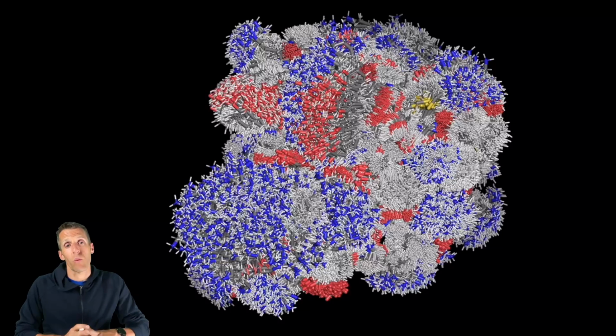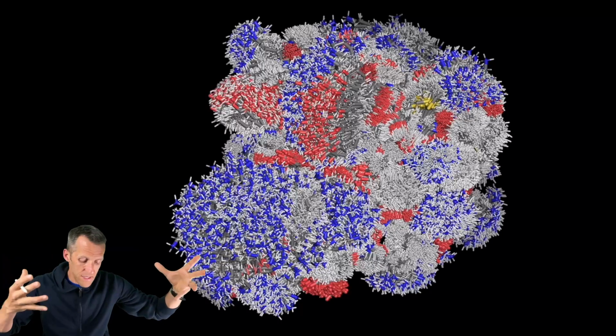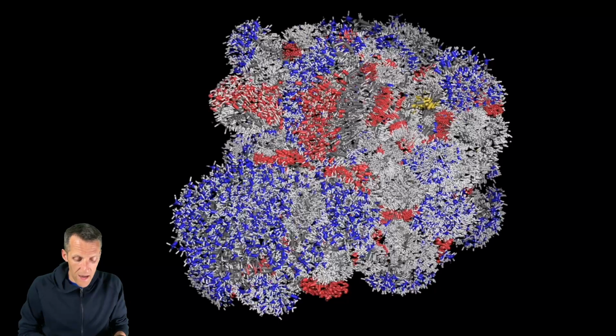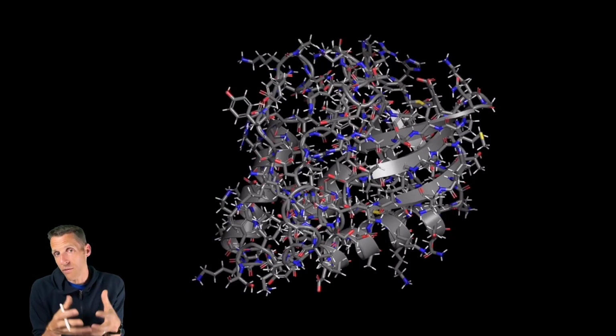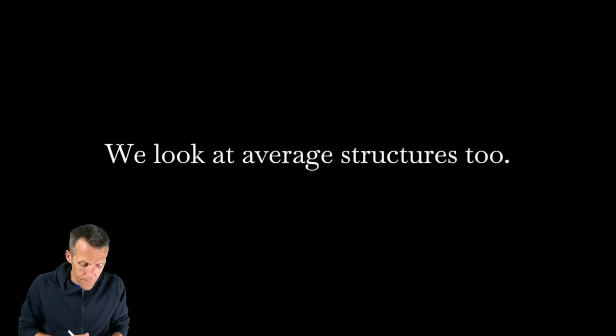So we could think about it this way. What I've done here is I've run a simulation of a protein, the staph nuclease again, and I've just overlaid a bunch of frames. That's kind of what's happening in a cell or what's happening in a test tube. Yet when we solve a structure, what we do is we average over all that and say, here's the structure. So whenever you're looking at a structure, you're actually looking at some kind of average of a bunch of different fluctuating structures.